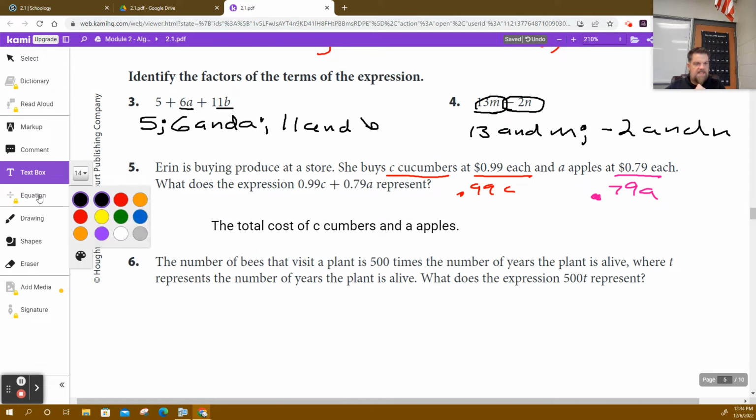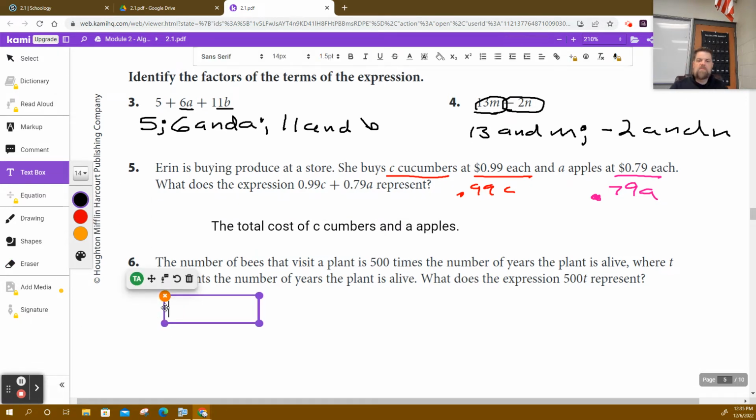So when we run into that, in other words, if I buy 3 cucumbers, I'm going to multiply that by 0.99. If I buy 4 apples, I'm going to multiply that by 0.79. And whatever those two numbers are, when I add them up, that's the total cost for the number of cucumbers